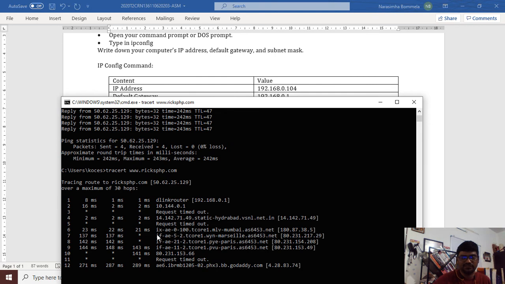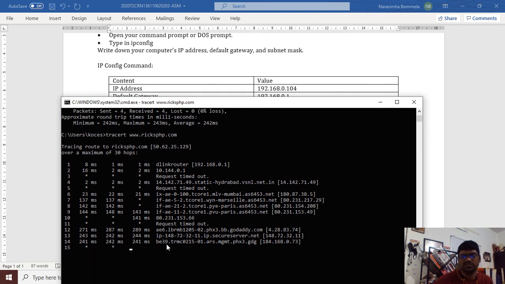It is something like going to Kukatpally: from here it goes to here, from there another stop, and from there another stop. So there are many routes to reach the target website. Almost reached, I guess. It is hosted by GoDaddy.com, I guess. You can try this tracert, but I don't want you to write anything related to it.